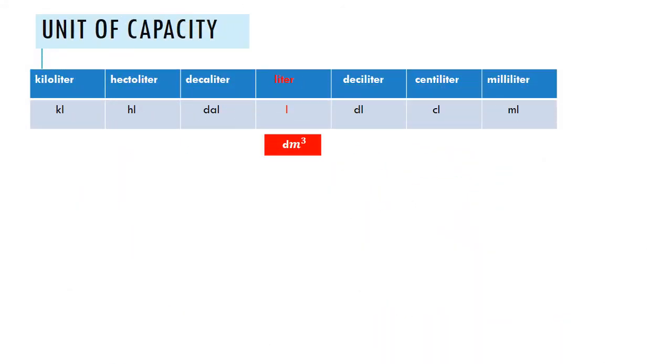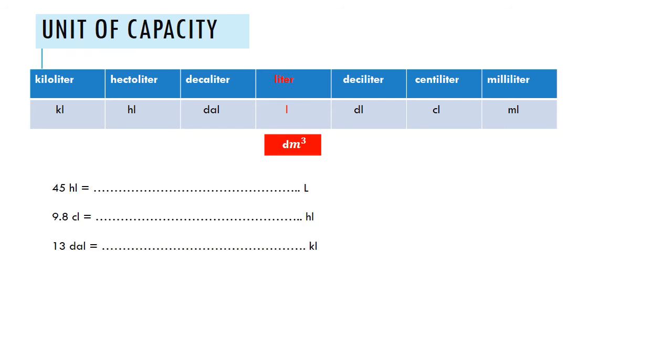Now the unit of capacity. The main unit of capacity is liter. Its multiples are kiloliter, hectoliter and decaliter, and the sub-multiples are deciliter, centiliter and milliliter. And liter is the same as decimeter cube. Here we have